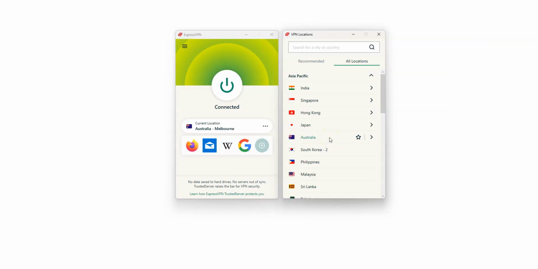ExpressVPN not only helps me bypass the firewall put in place by the network administrator, but it also fully encrypts my traffic, meaning the administrator of the network I use can no longer track what I do, what websites I visit, and so on. Once you don't need to use a VPN anymore, you may deactivate it by pressing this button. I showed you how to do it from a computer, but it's the same principle if you're on a smartphone or tablet. The iOS and Android apps are quite similar to this one.